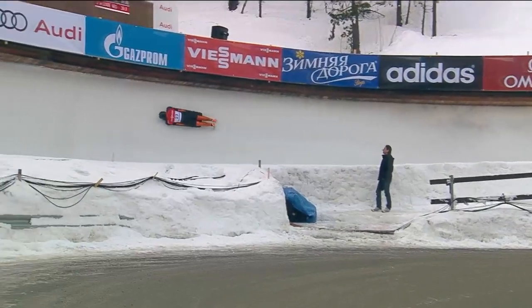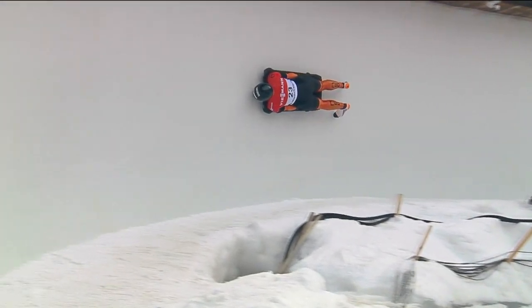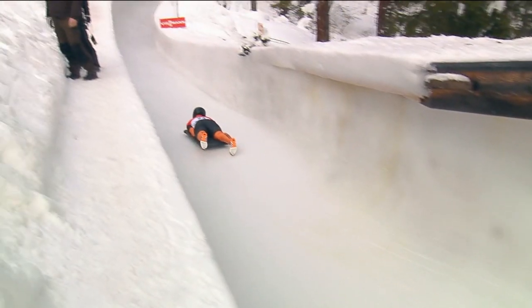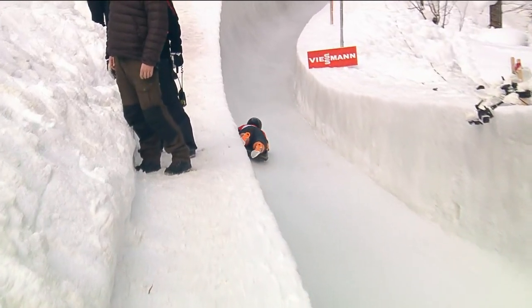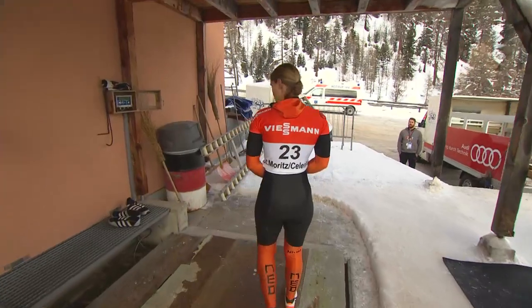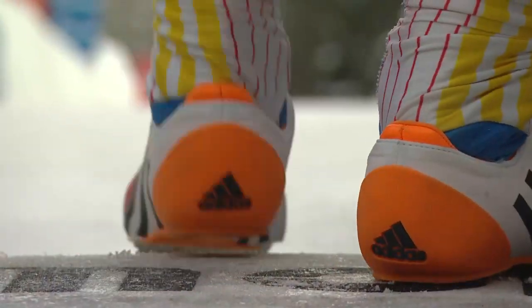She's 14th right now, going in the second heat. It's a nice-looking run. Fluid there. You can see her just spreading the feet apart. Tiny left toe dragging there. Just a little skid going in the next corner, but really nice horseshoe. And then the bottom of the track was good for her. If she'd avoided that toe drag coming out of horseshoe, she would have brushed the wall a little less into